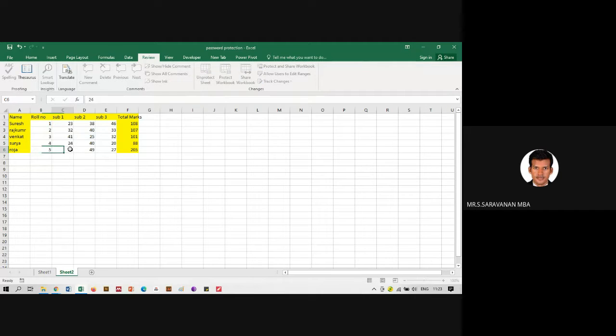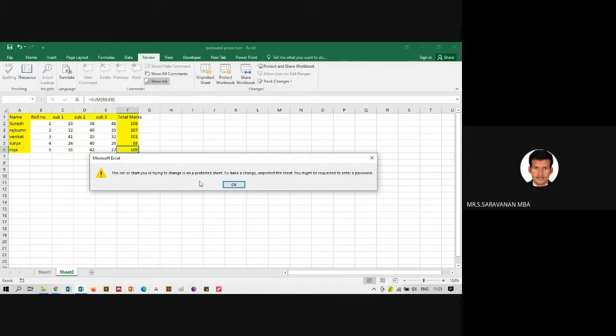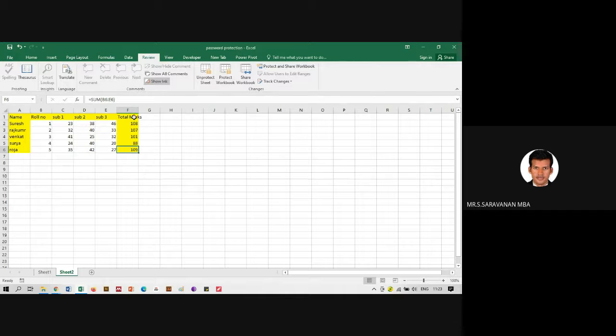This roll number information, see 35, 42. It is taking from B6. B6 should not be changed. You cannot change the total. You cannot change the name. You cannot change the title. But you can only change the information inside. This is the advantage of a protected sheet.